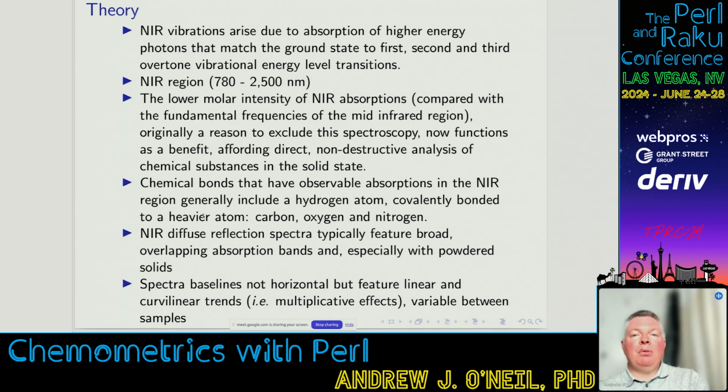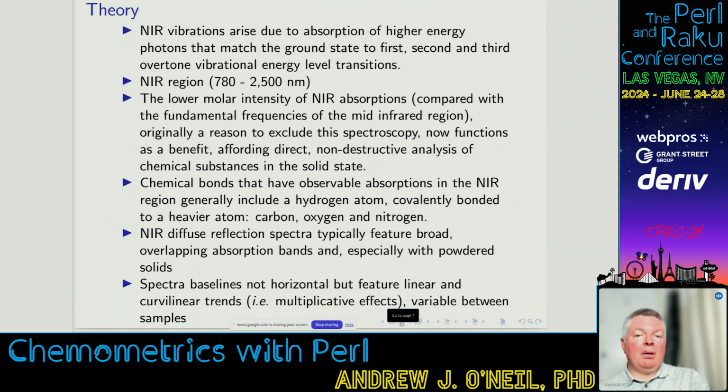So the baselines tend to be not horizontal across the wavelength range, from the short wavelength to the longer wavelength range. There tends to be a sort of curvilinear feature with increasing absorbance across the wavelength range, and those effects are generally down to